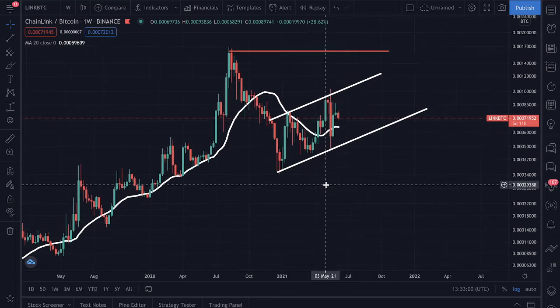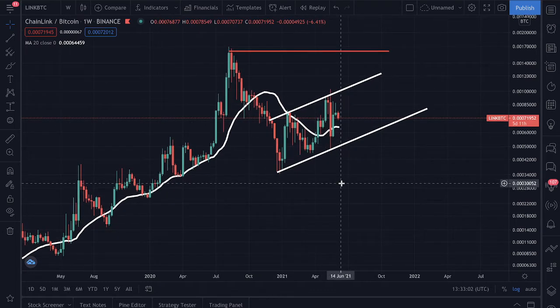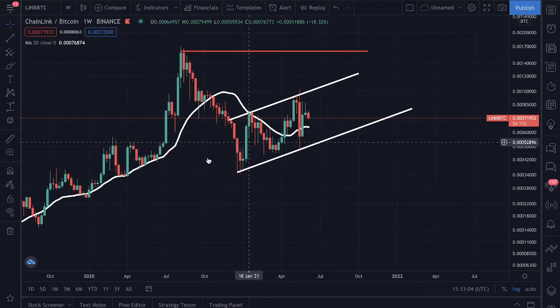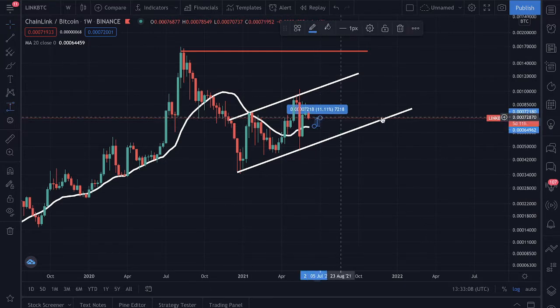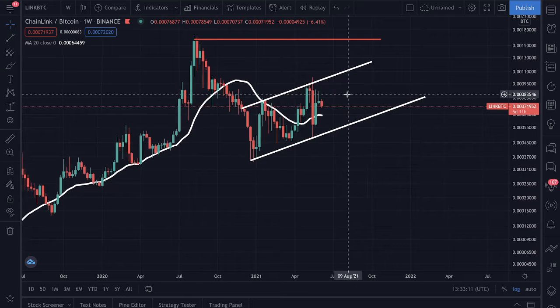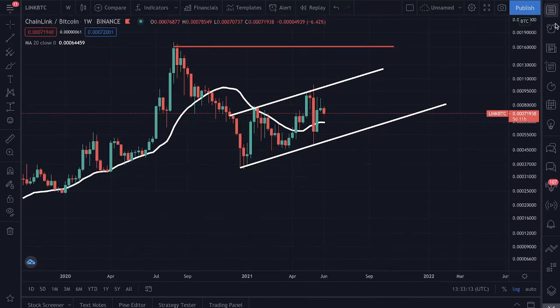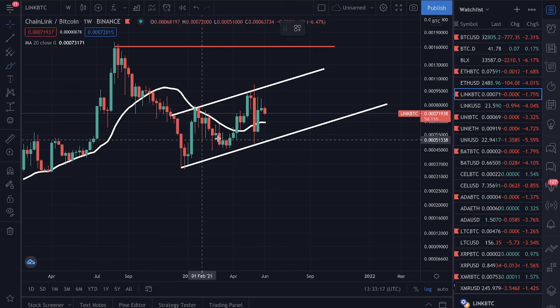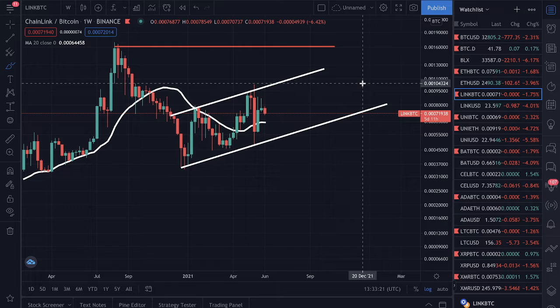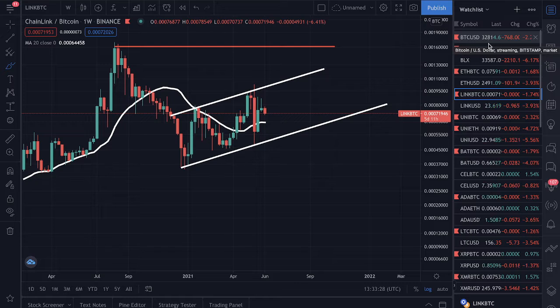So, with Chainlink, Chainlink is down for the week at 6.5%. It is roughly a few percentages above the 20-week moving average, roughly 11%. The name of the game at this point. So I think during the summer, regardless of the price right now, Chainlink is going to trend up against Bitcoin. Having said that, it can still be exposed by the downside market moves of Bitcoin. Bitcoin is the market mover.